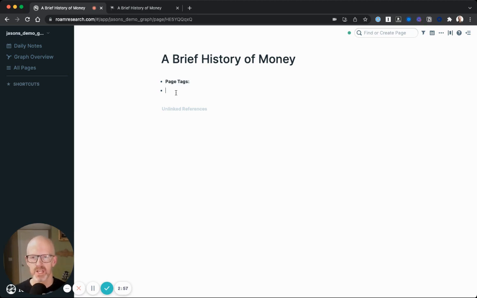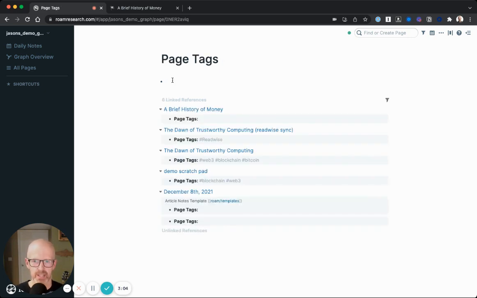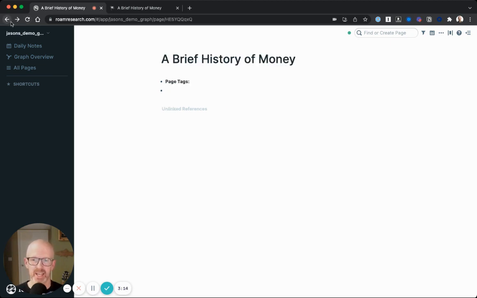Similar to hashtags, which I talked about earlier, attributes functionally work exactly like a page reference or using a hashtag. So I can click on that. You'll see all of the places where this attribute is mentioned here in the linked references. So again, it functions exactly like a page reference. Very much just like hashtags, using attributes in my mind is purely a stylistic consideration. The reason that I like to use them in the metadata here is simply because they format as bold, and